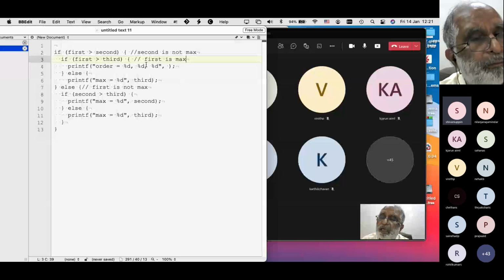So you have to do a comparison between second and third. Otherwise, you won't be able to do that. So I used the previous logic itself and typed out the program. Is that also possible?